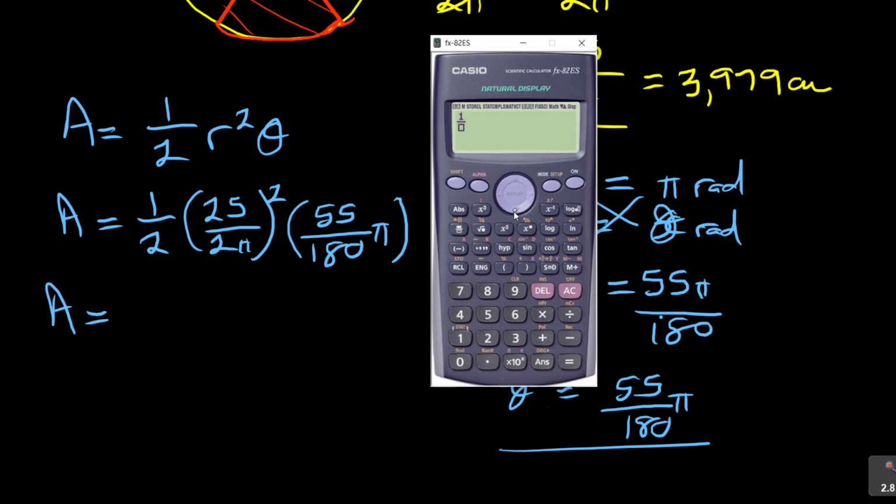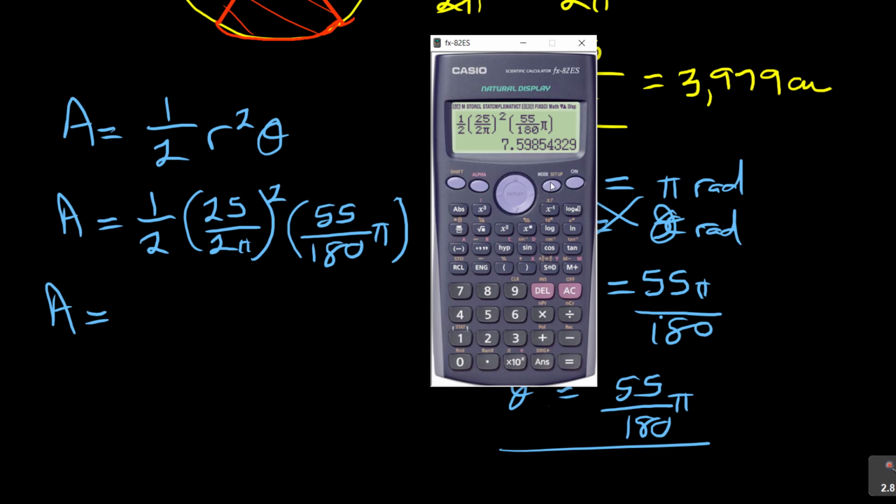So it's 1 over 2 and then 25 over 2, shift pi, what squared, and then bracket is what, 55 over 180, and then shift pi is in front, okay, which is equal to, there you get